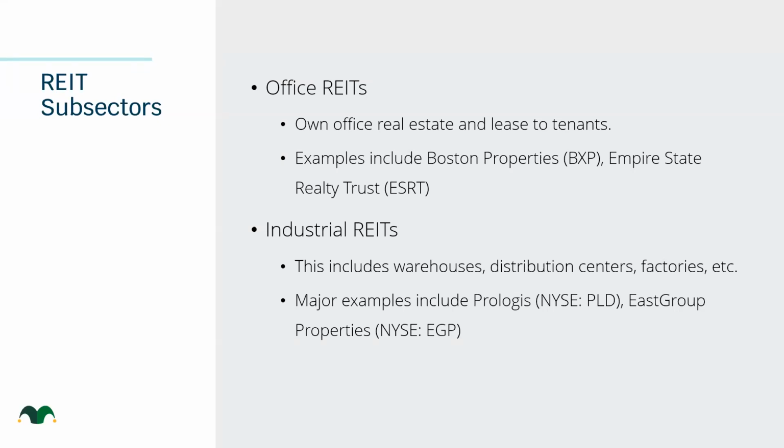Industrial REITs, these are things like warehouses, distribution centers, factories. Prologis is by far the biggest one. Ticker symbol is PLD. East Group Properties, EGP, is another example. If you ever see one of those giant Amazon warehouses, those are examples of properties that are generally